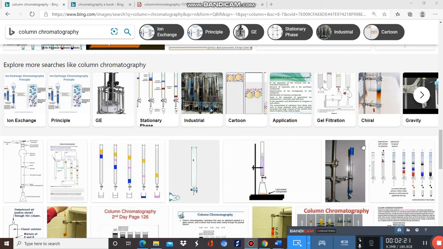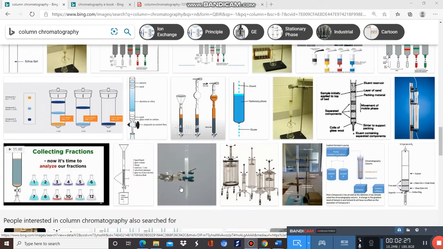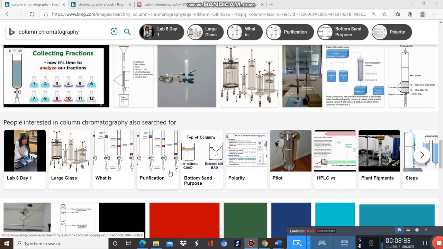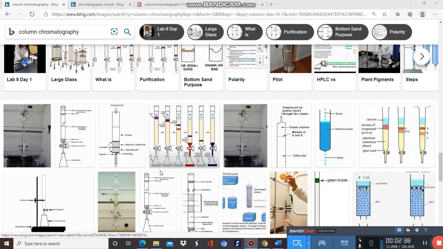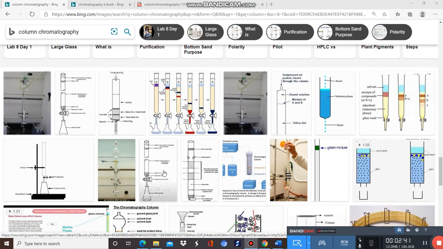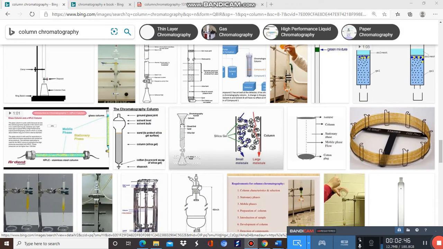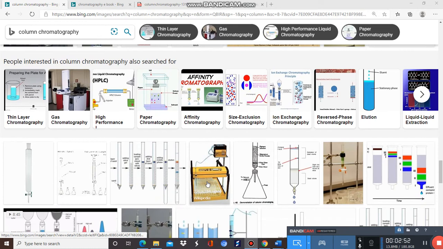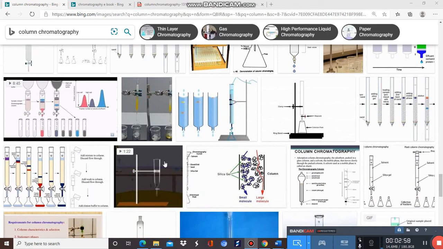In this case also you have to perform recolumning. It is not necessary that you set up an instrument and one column, run one cycle from this column and you will get a compound. No, you will have to collect a number of fractions, might be 10, 20, 30,000 fractions from the column, and recolumning is done. Again column chromatography, then you purify the mixture again, then again column chromatography, and so on. So column chromatography is a tedious task, a lengthy procedure, and one must acquire precision in doing column chromatography. So let's start.